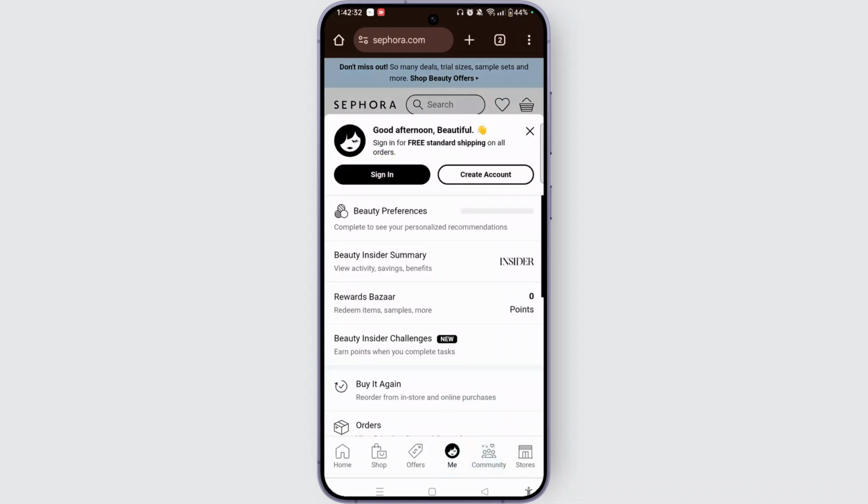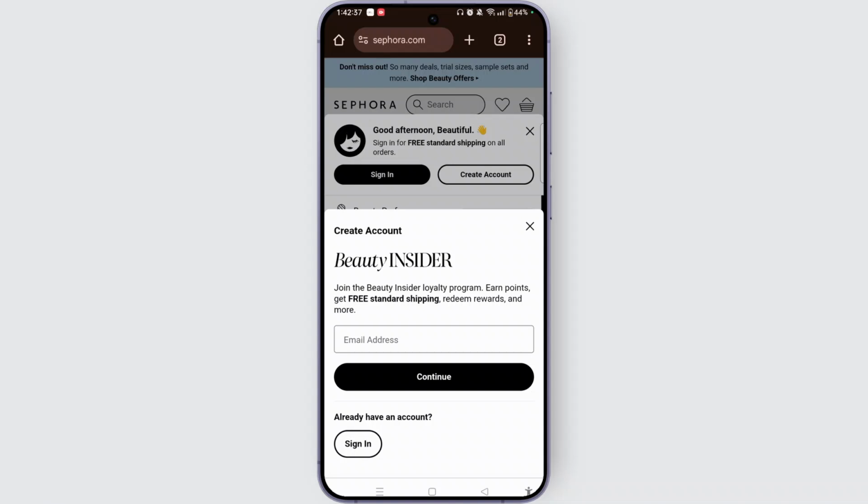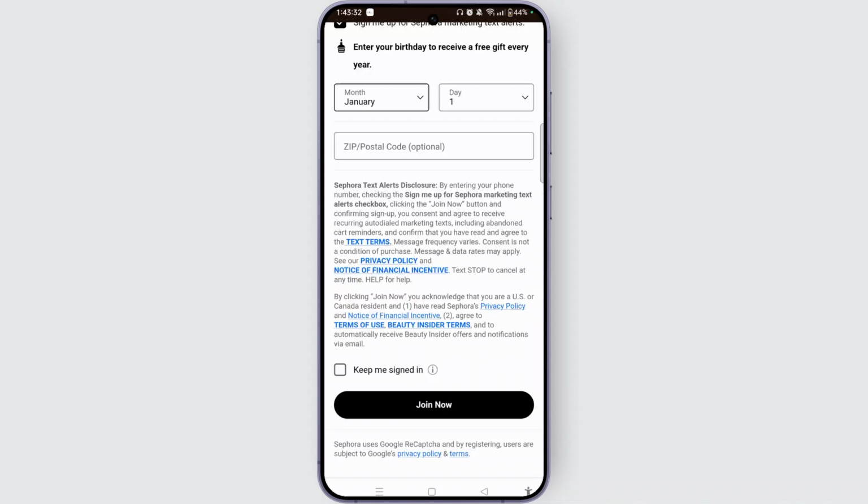And then click on the create account button, enter the email address and click on the continue button. Now, in this section, you simply need to enter your information like first, last name, enter the valid email address, create a strong password, enter your phone number, and enter your birth date and zip code for personalized offers, and then check mark keep me signed in, if you do not want to enter your credentials again to log into your account next time,